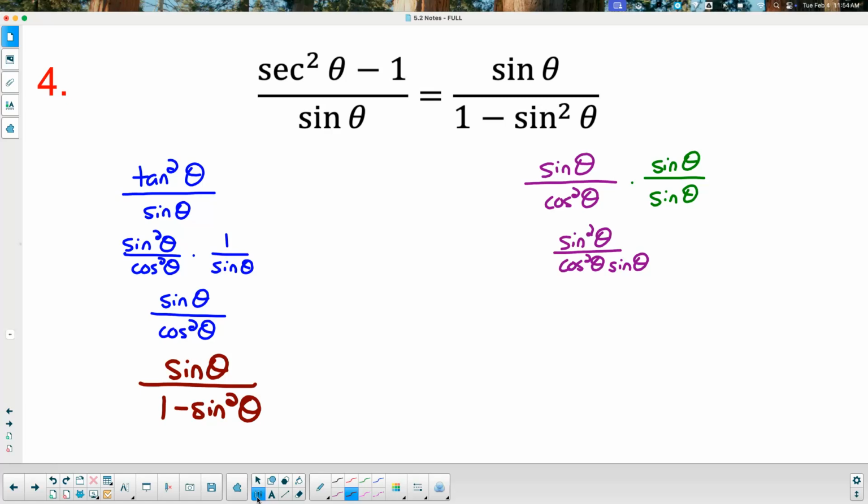So then this would become tangent all over sine, or tangent squared all over sine, and then tangent becomes